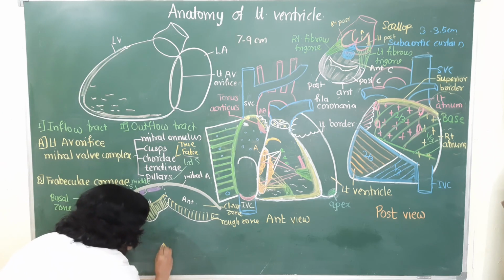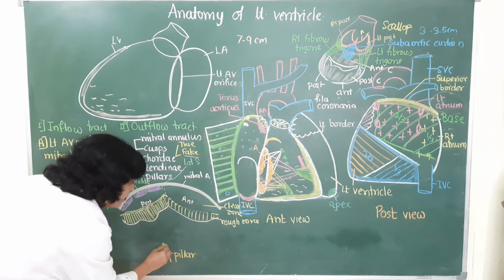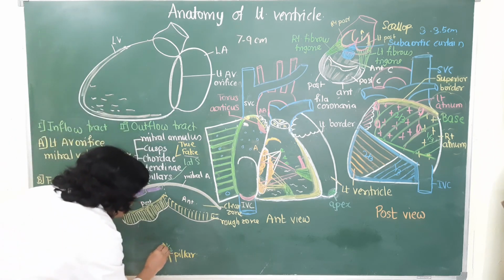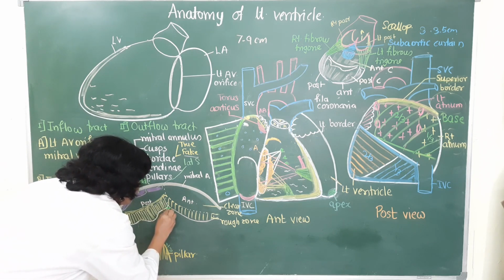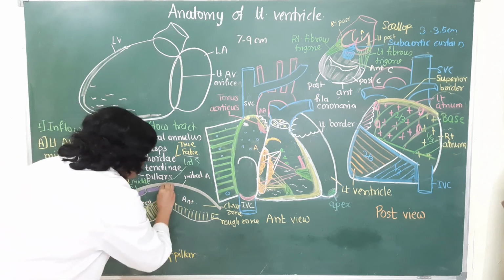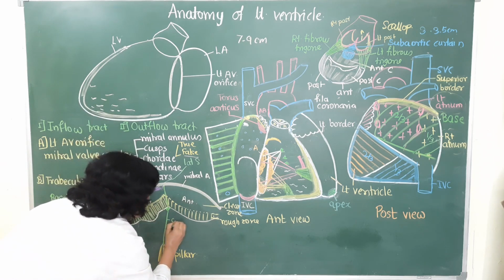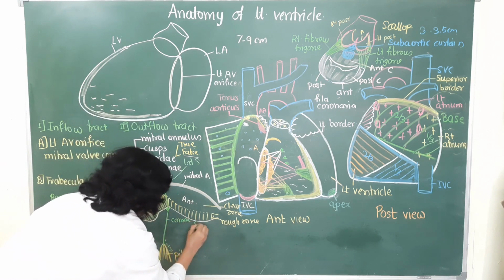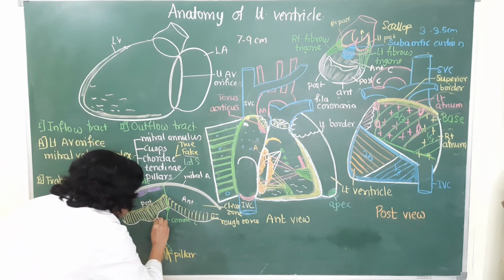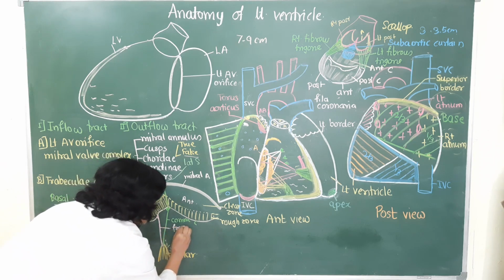So here suppose this is the pillar or the papillary muscle. Upper 1/3 of this pillar gives attachment to the chordae tendineae. From the papillary muscle to the commissure. Commissure is the area where the two cusps are attached to each other. So here this area is the commissure. So this chordae tendineae is called as the commissural chordae tendineae. Other type extends from the papillary muscle to the margin of the leaflet. So these are called as the free marginal chordae tendineae.